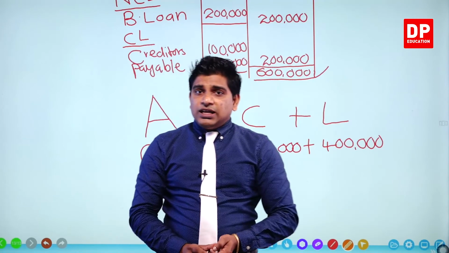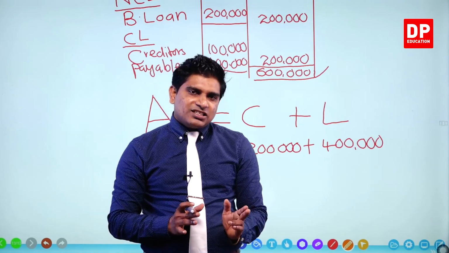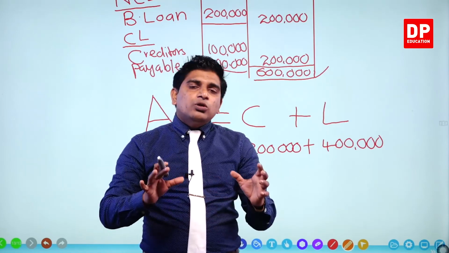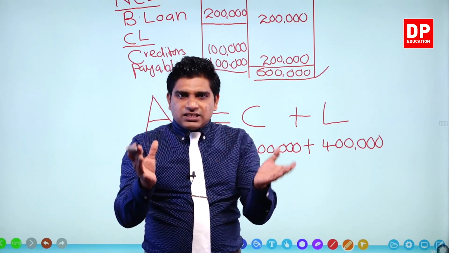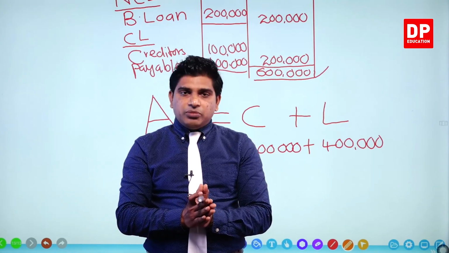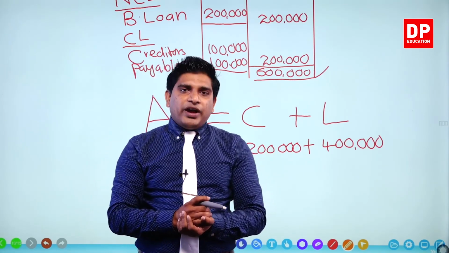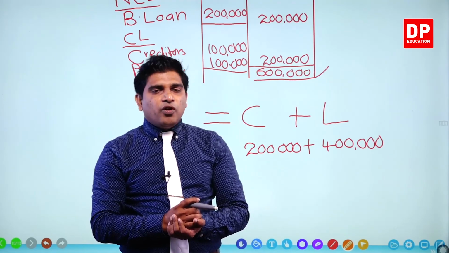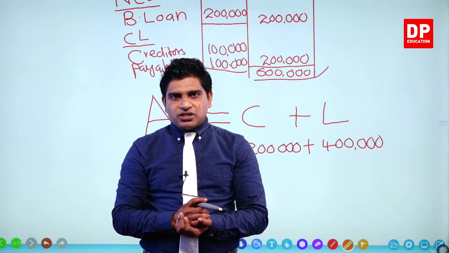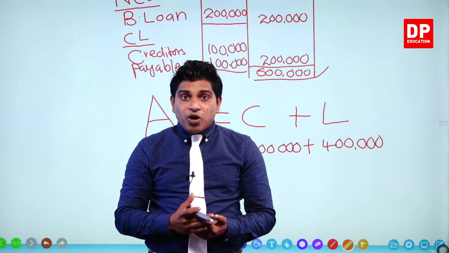Now, in this chapter, we have discussed non-current assets and current assets, non-current liabilities and current liabilities, and capital, and how to enter all these details in the statement of financial position. Now you have basic knowledge about statement of financial position. In the next chapter, we discuss the full format of the statement of financial position, and how to enter the details. Okay? Then I am going to finish this chapter. In the next chapter, we discuss more questions.